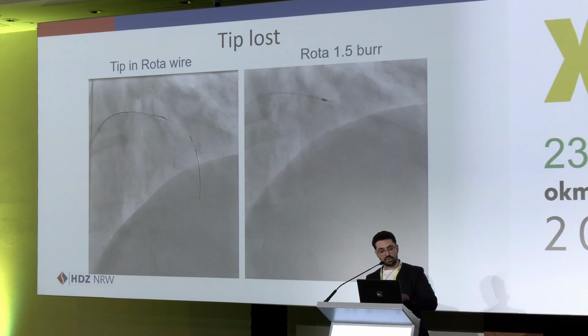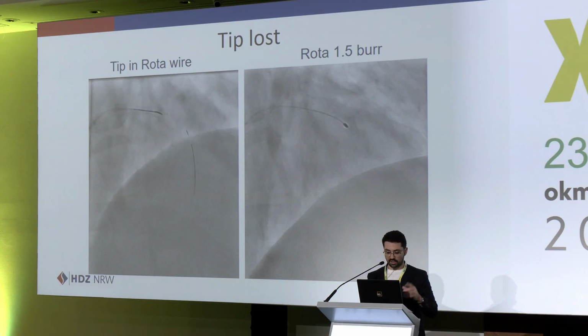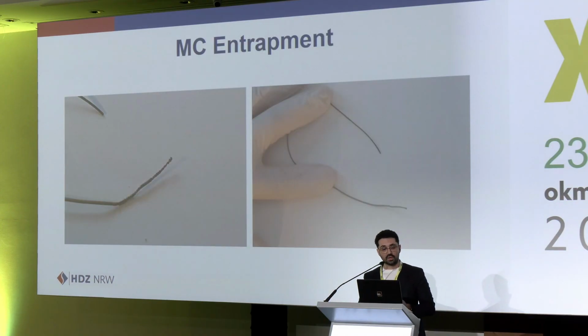And I just rotablate with 1.25 or 1.5, it doesn't matter, and you can solve it so that the tip will disappear. So sometimes you also lose material somewhere. So here it was the